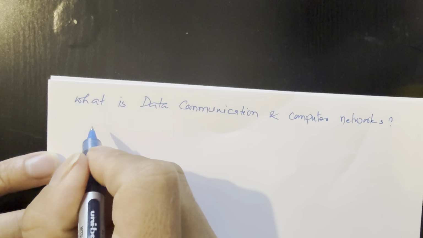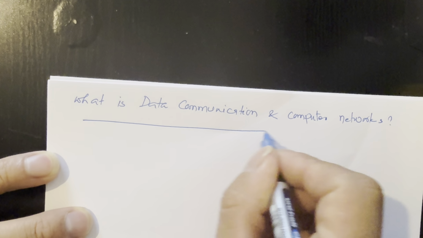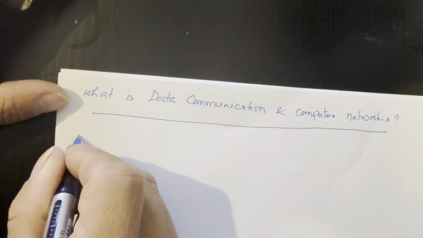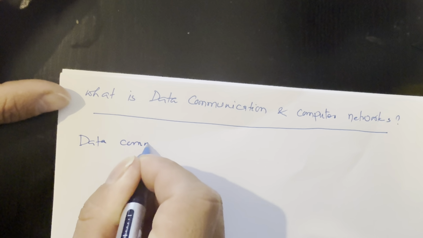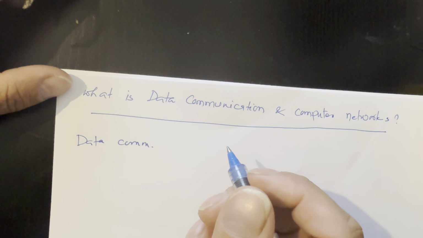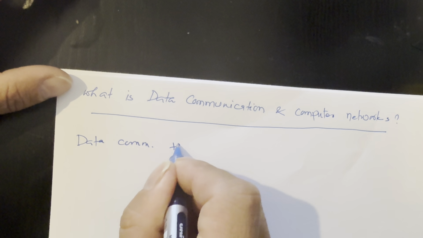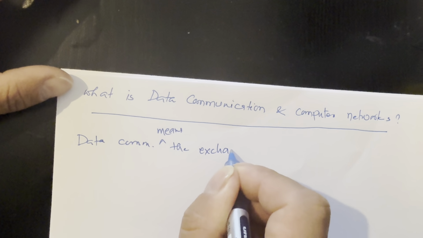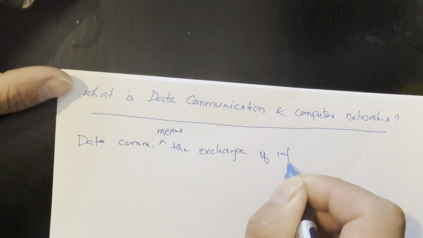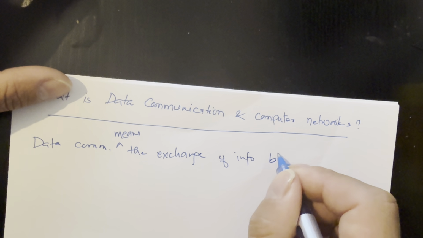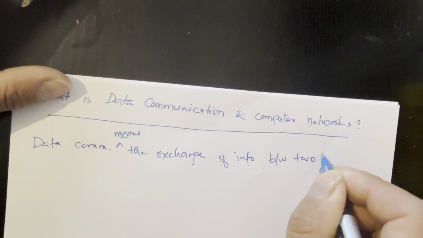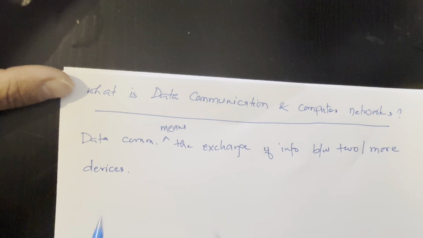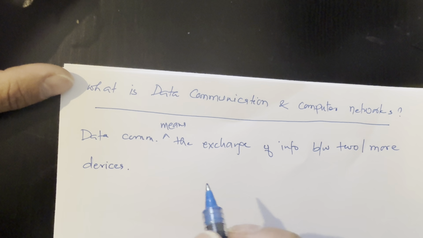Let me explain data communication and computer network in a simple way. Data communication is defined as the exchange of information between two or more devices. For example,